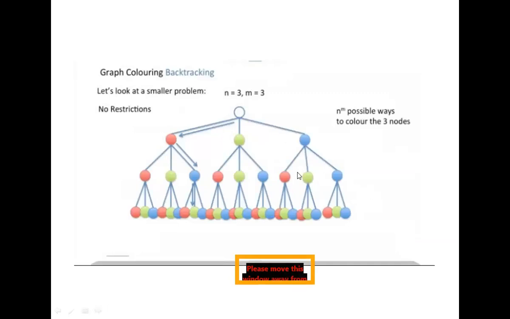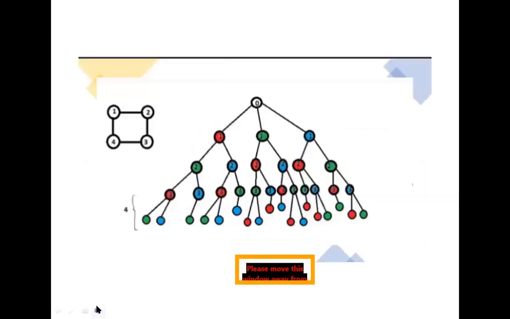So yesterday I told you this is the graph with three colors for nodes. Here there are no restrictions, we cannot use any constraint here. I just draw the number of possibilities here. I take the first node red color, the second node also red color, and the third node also red color. So this is not our constraint. I just draw the n power n possible ways to color the three nodes. This is the diagram here.